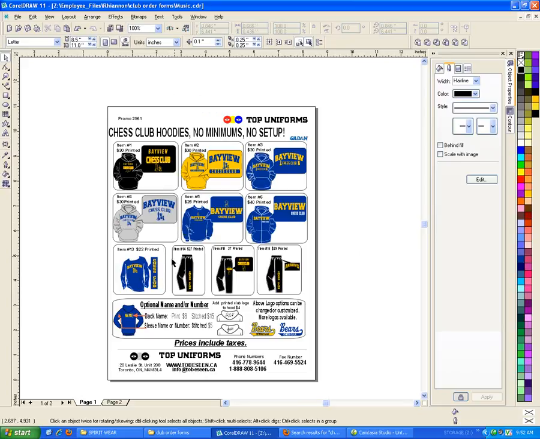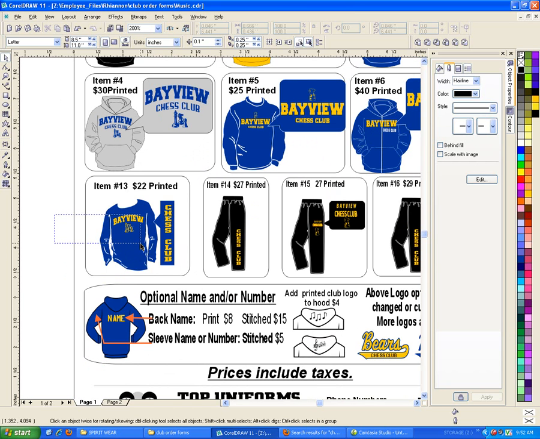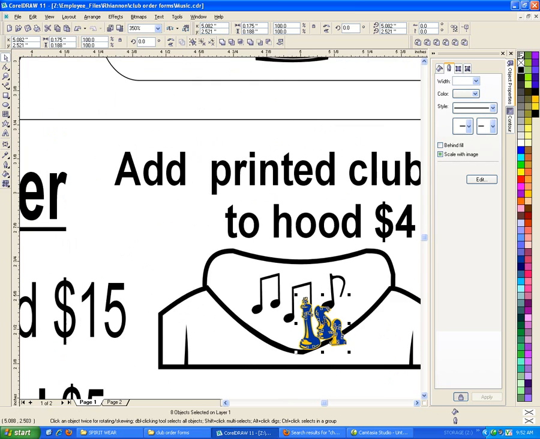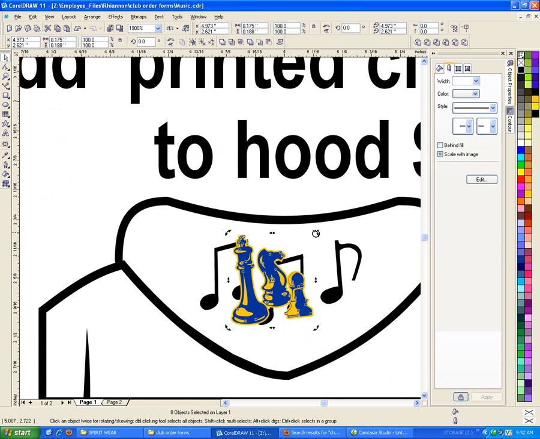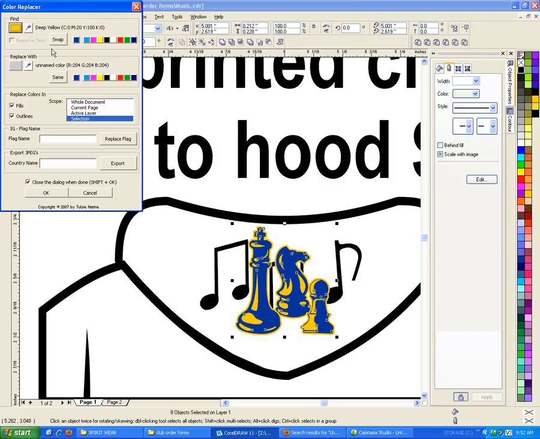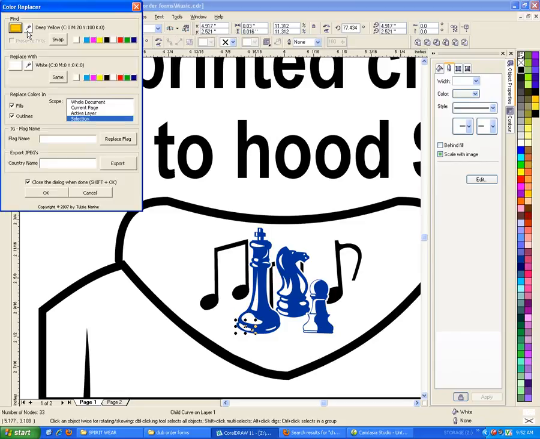But I'm just going to grab a logo and we're going to put it here. You want to make it roughly the same size. And remember that we're only working with black and white. So we're going to go to our color replacer to do this faster. We're going to change all the gold to white. Say OK. And then we're going to change all the blue